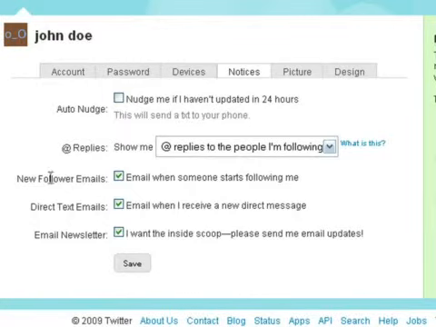And you have the option of new follower emails, you can tick on or off. Direct text emails, again, tick on or off. And this again has popped up here where if you want the inside scoop, leave it ticked. If not, then untick it. Then just make your save here. Picture